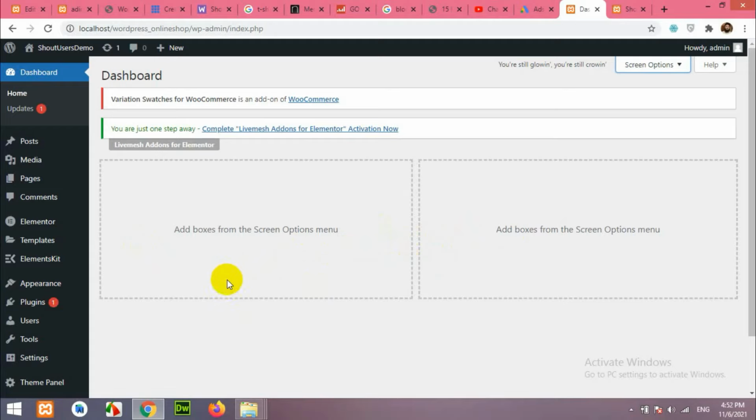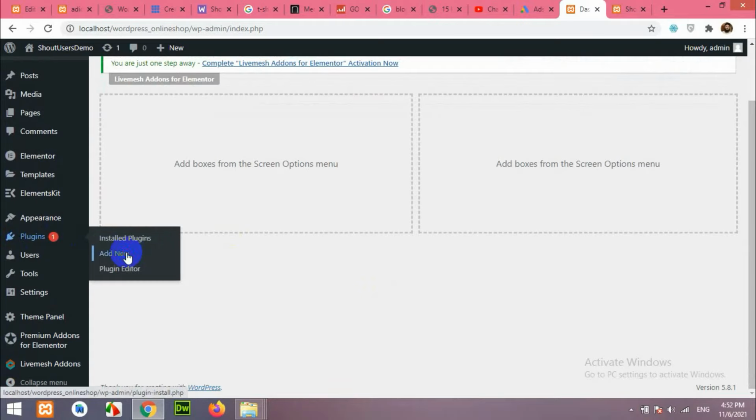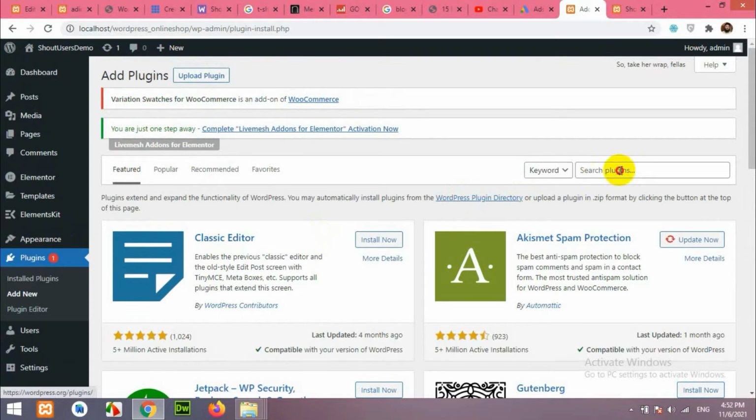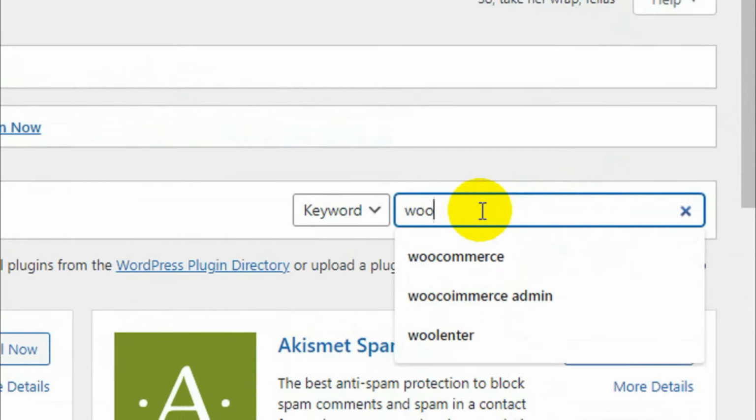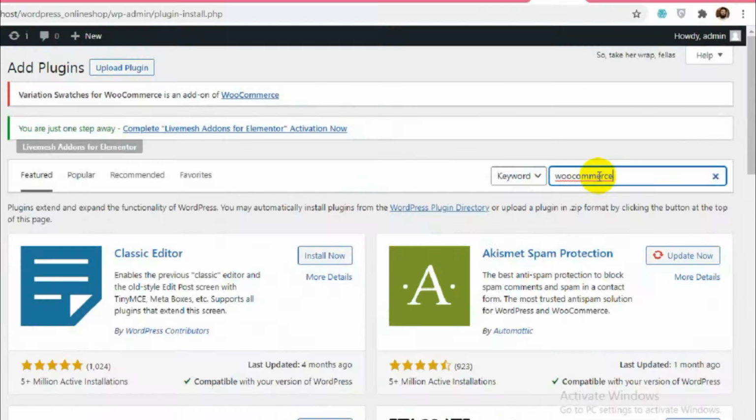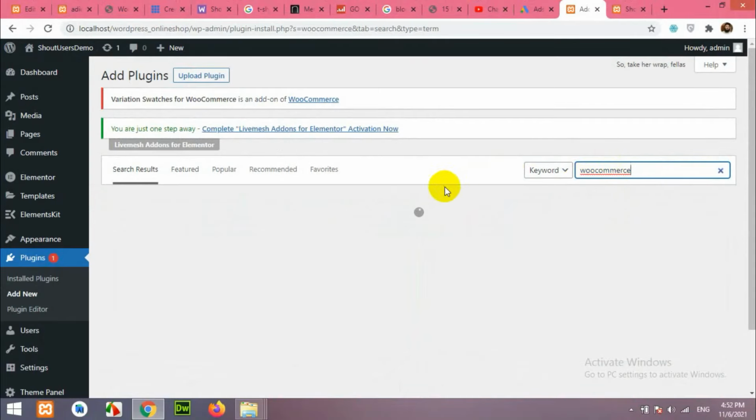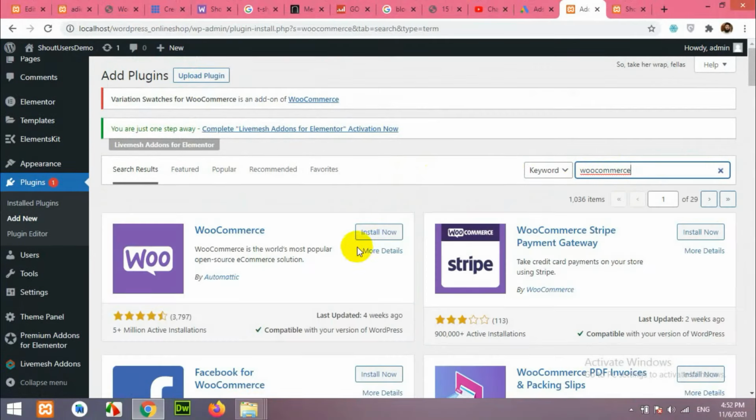Okay, now all our plugins are activated. What we need now is the most important plugin, which is WooCommerce, which will add the shop functionality to our website, and we will be able to build our online store using WooCommerce. So click on plugins, click on add new, and type WooCommerce here. Install WooCommerce,